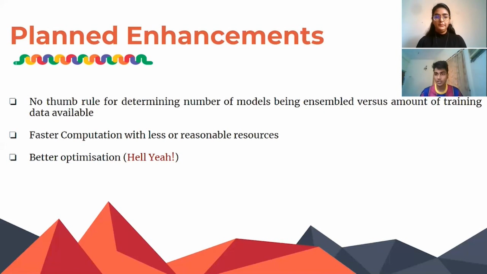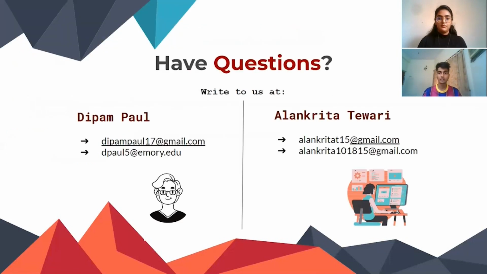And third, of course, who doesn't want better optimization? In our opinion, you will always have better optimization when you have models which are compatible with each other. Now, what is the yardstick with which you determine compatibility? Results, how well your combined results are, because they are the ones which at the end of the day tell you if what you did was right or not. So optimization is very important, along with a thumb rule and, of course, less compute. Now, moving on, I would request my co-presenter to take it from here.